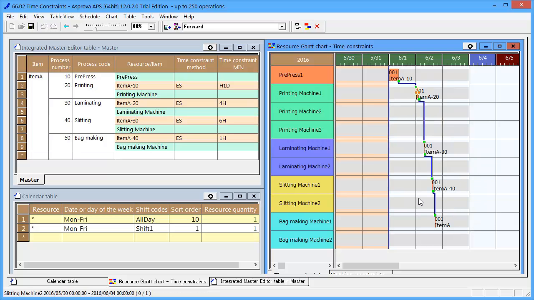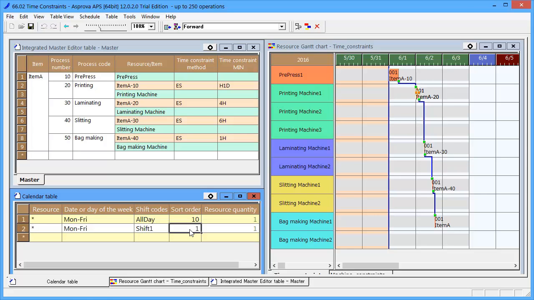The working time setting until now has been 24-hour operation during weekdays. Let's change to day shifts according to the actual calendar. When we change the calendar, the working times are changed.